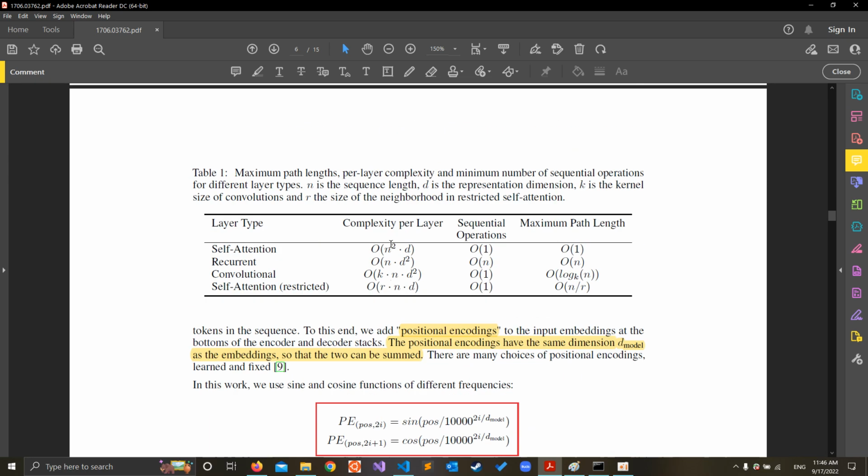So as n is less than the dimensionality, we can say that self-attention is doing the best. Or if r is less than n, self-attention restricted one is the best. But in general, we can say that self-attention in terms of complexity and the number of operations, the maximum path length, is the best thing between these different operations. In addition to recurrent neural networks, we have convolutional networks that are doing somehow good, but the problem with them is that convolutional neural networks cannot find the,